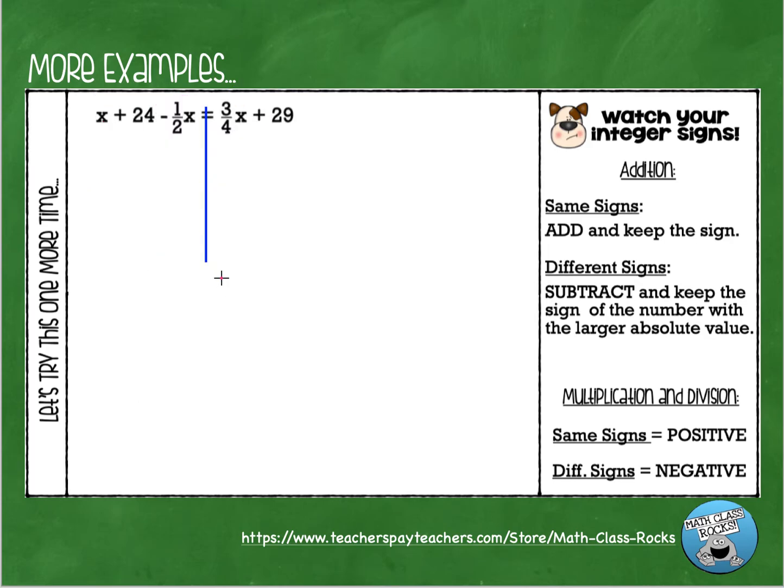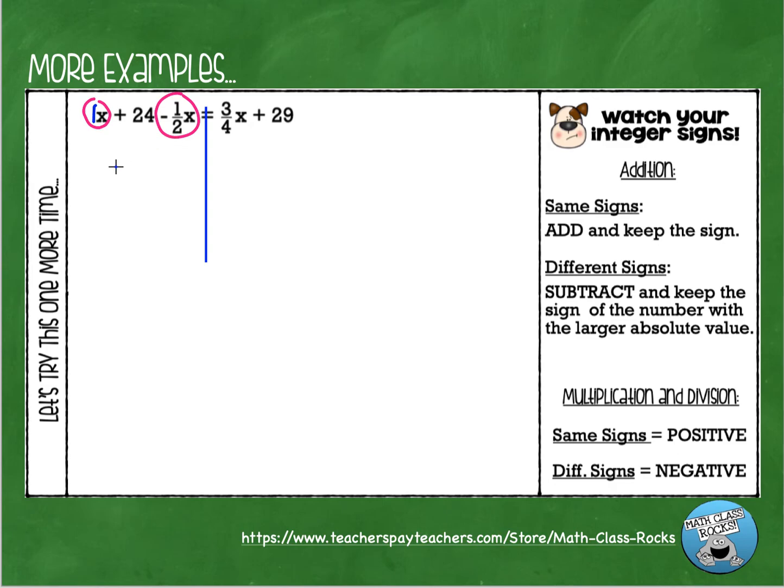All right, I'm looking for the distributive property, and I do not see any, right? There's no parentheses on the left side, no parentheses on the right side. So we are going to go to step 2, which is to combine like terms. I have an x, and I have a negative 1/2 x. They both have an x, so those are like terms. Remember that this x here has a 1 in front of it. So when I combine these, I have a positive 1 and a negative 1/2, and that's going to give me